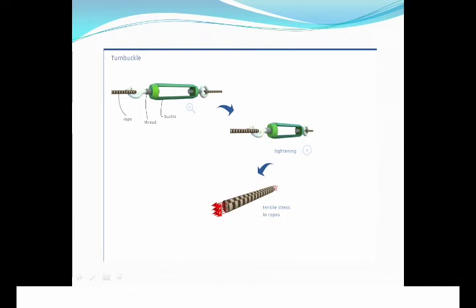There are many practical examples, and whenever we go for a particular application we should know what type of force is acting. In this case the two wires will be under tension, and when we turn the buckle they will be in tension. The tension will increase, and we are adjusting the length or the failure of the component. So these are practical applications which we will see in day-to-day application.